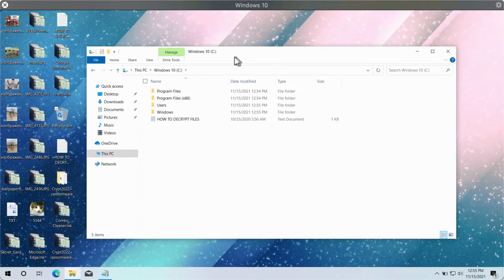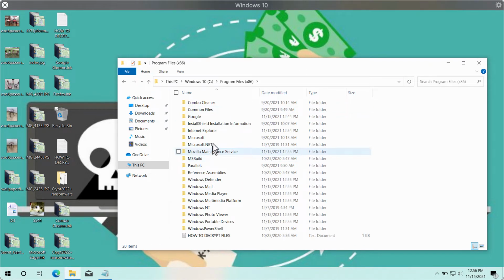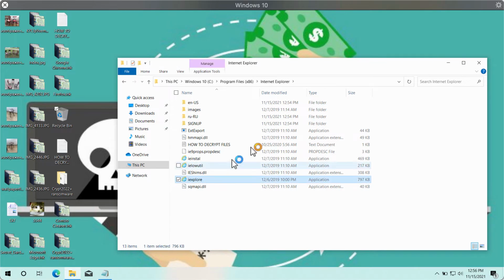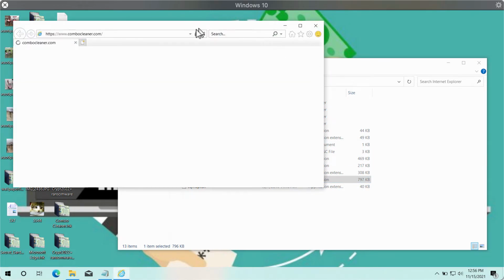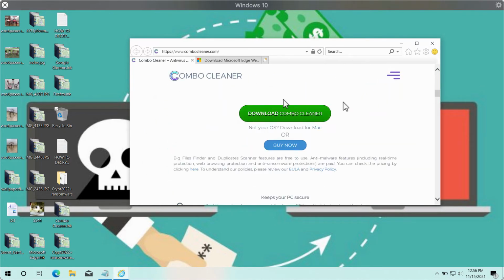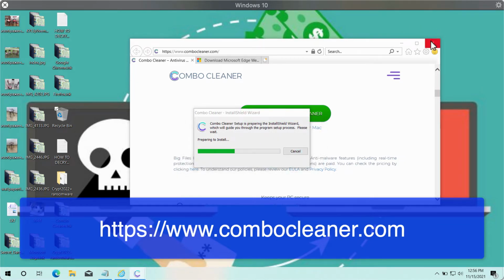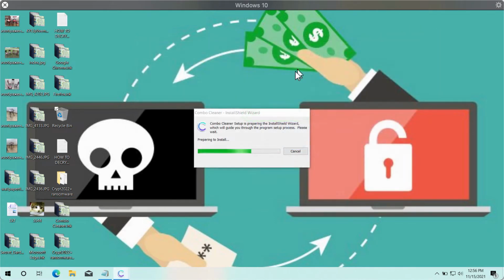We suggest that you go to the C drive or any other system drive you have, program files, choose Internet Explorer, start Internet Explorer browser and download Combo Cleaner by going to the page combocleaner.com. Download the software, install the application and begin the detailed research of your system with its help. So use this download Combo Cleaner button, download the application, run the installer, complete the installation process, and then after